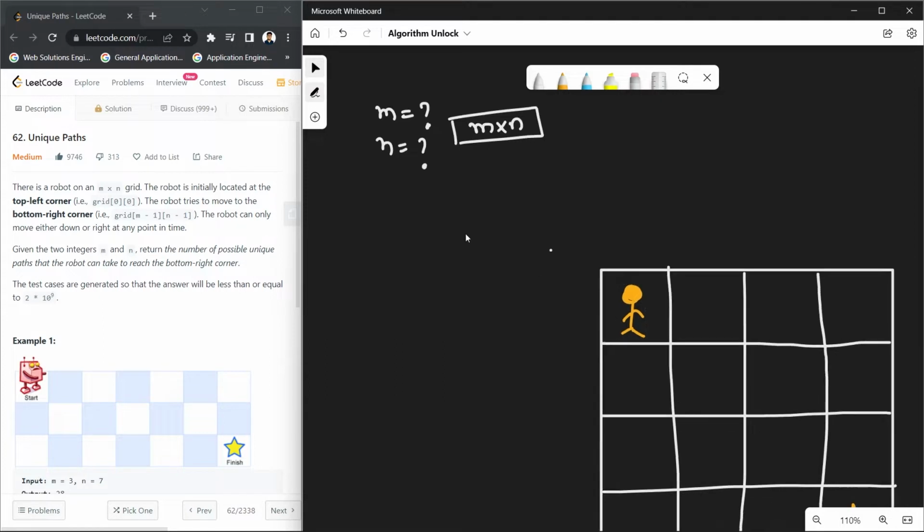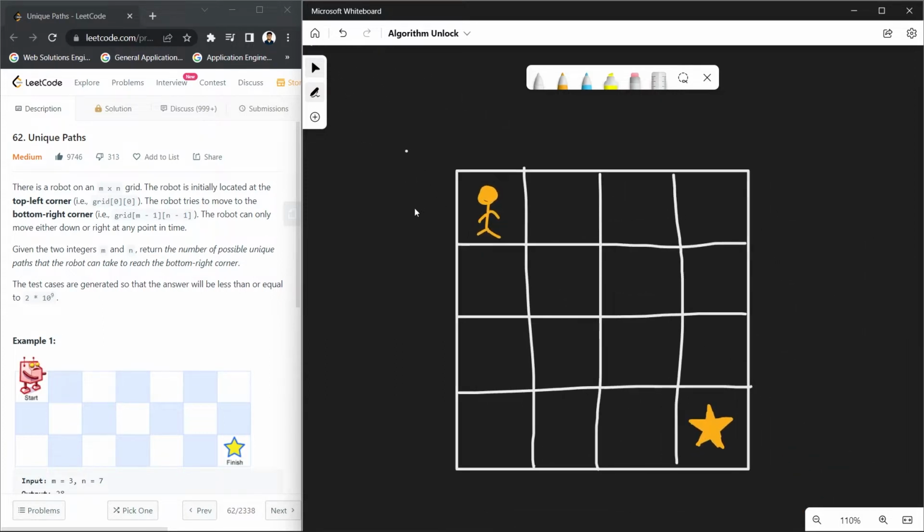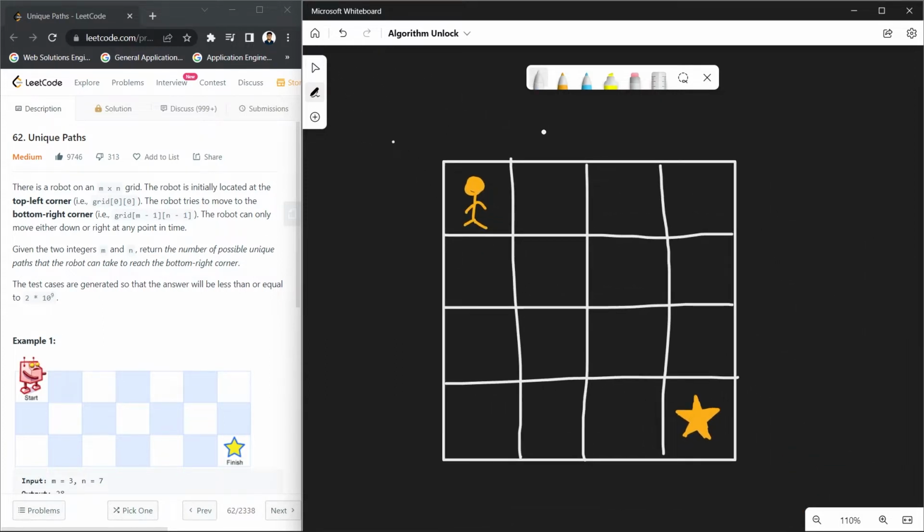For example, let's assume we have a grid which looks like this. Now this is a robot. This might not look like a robot, but let's assume this is a robot, at the top left corner. What we have to do is find the number of ways that it can reach this bottom right corner. Whenever you see a question where you have to find all the possible ways, or the number of possible ways,